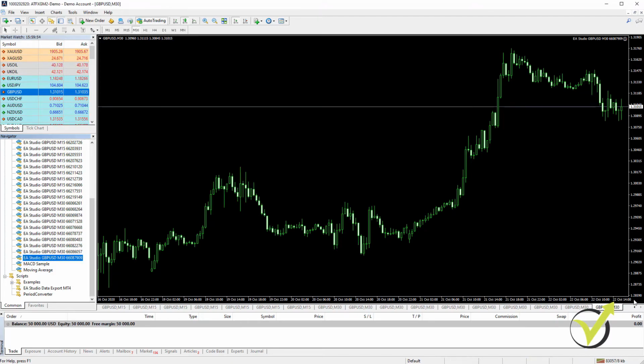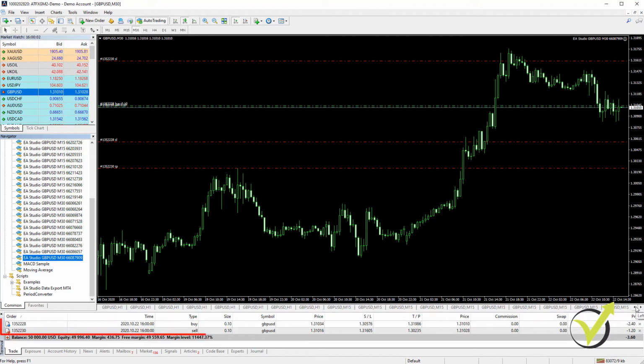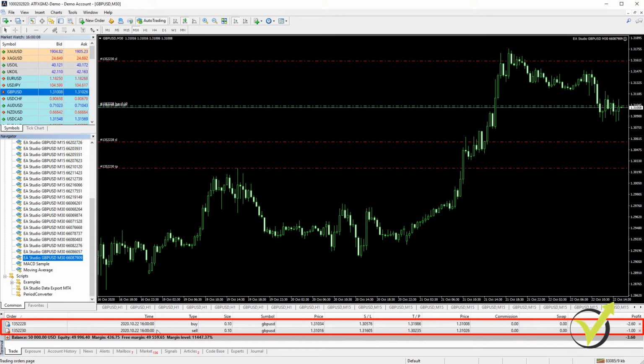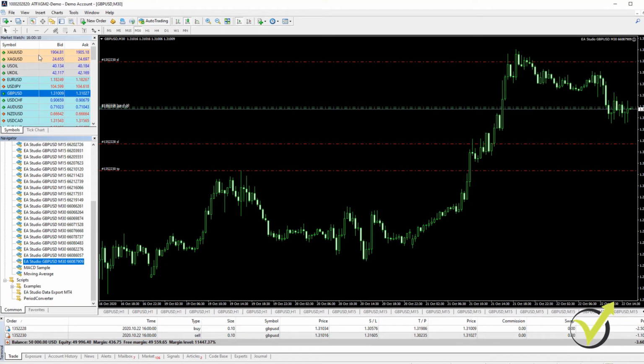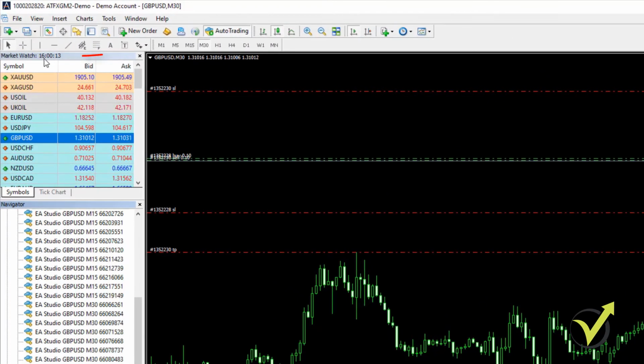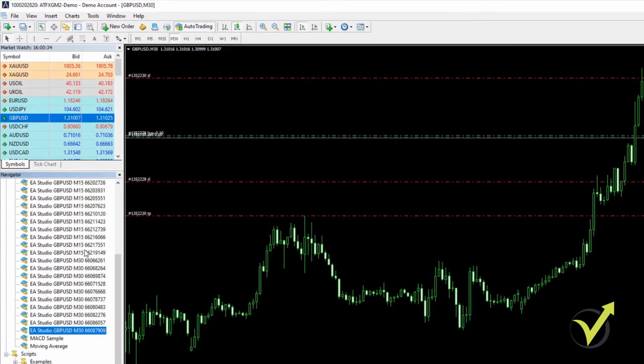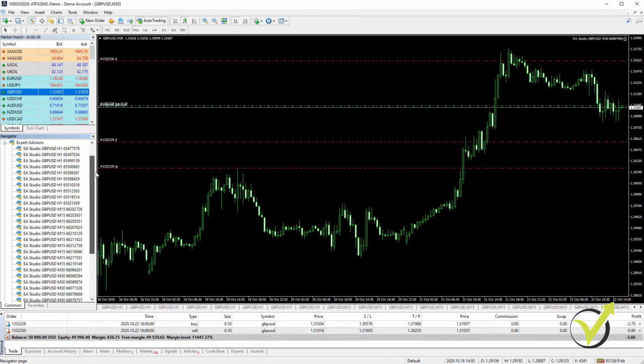So now I have all the expert advisors attached to the charts, as I said, and here are actually the first trades that just opened because we are at around hour, and these expert advisors work on the opening of the bar. So if you have hourly expert advisors on the round hour, they check for the entry conditions and they open the trades if the entry conditions are met. In this case, I have M30, M15 and hourly expert advisors.